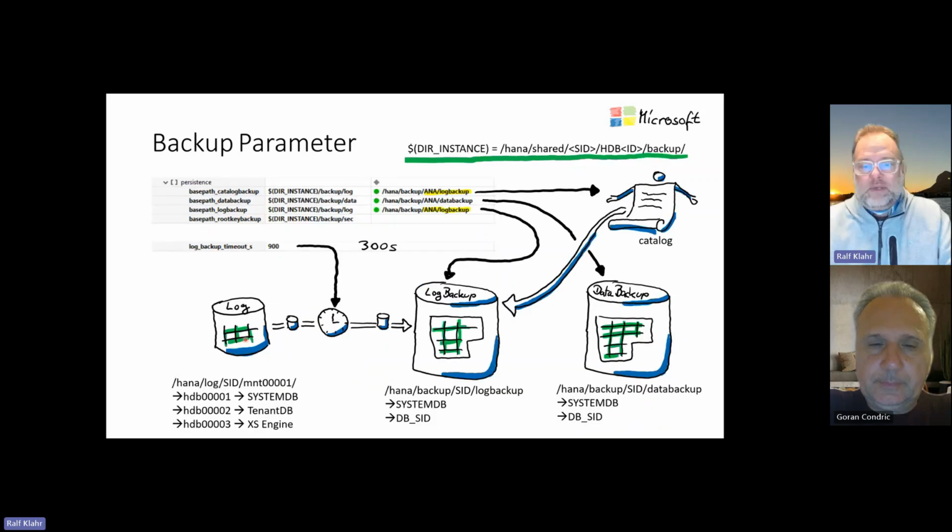So what do you need to change for your HANA instance? Make sure that your database catalog backup and log backup point, for example, to a special backup volume, so that your continuous log backups are written to the HANA log backup directory, and the catalog backup goes exactly into the same directory. This makes sure that for the roll forward, when you need to recover the database, the catalog backup is in the same place as the log backup.